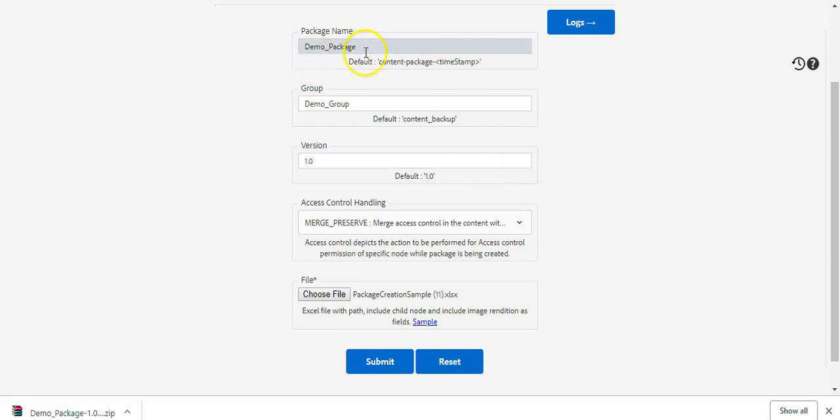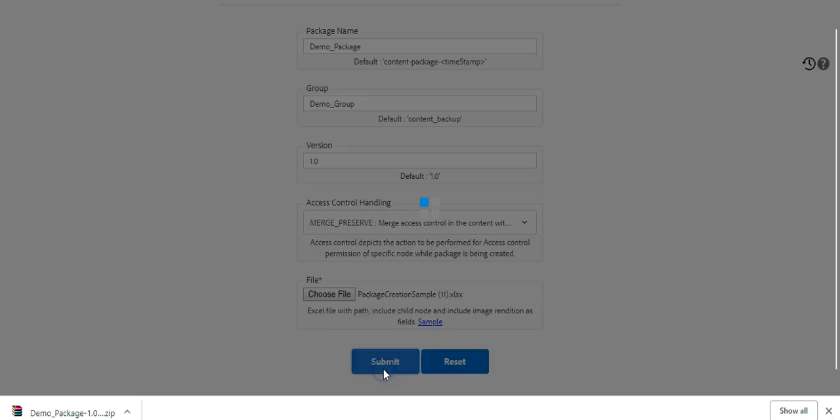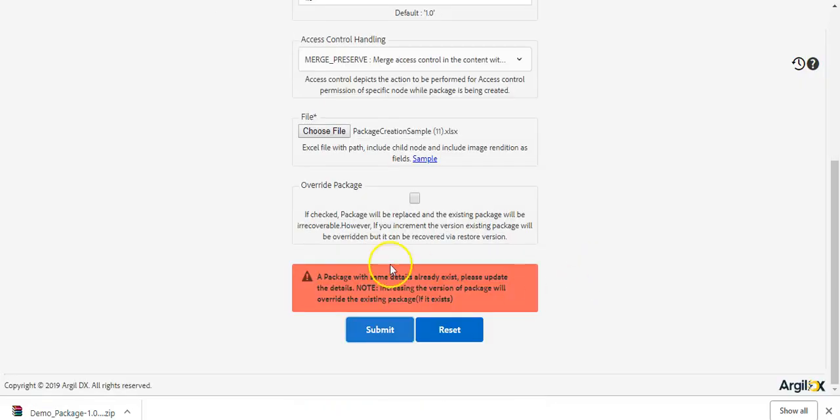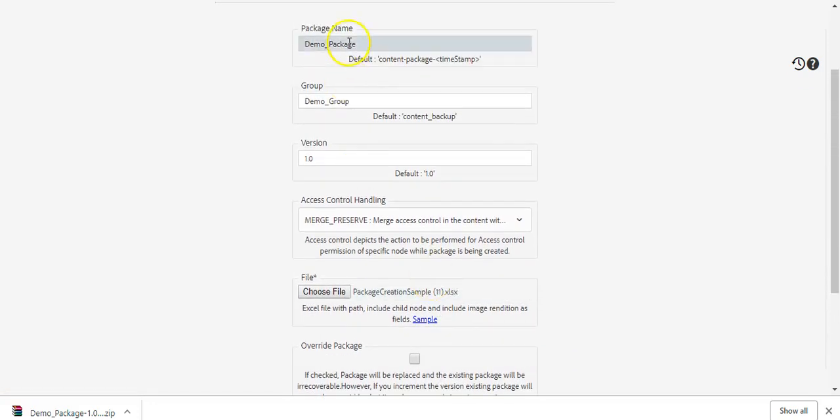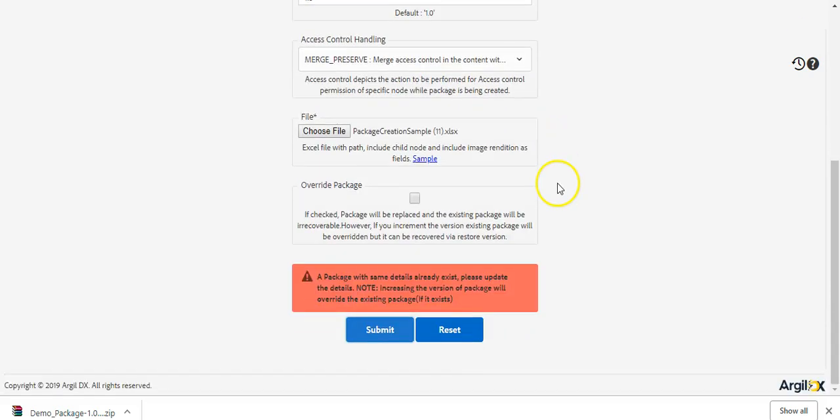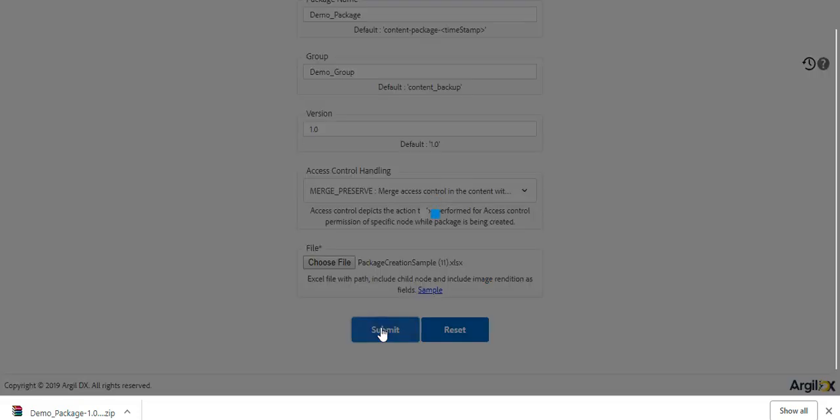Now suppose another user enters the same package details and wants to create the package. We get an error saying the package with same details already exists, so please update the details. Either we can update any of these details or we can click on overwrite package. What this will do is delete the older version of this package and overwrite it with this new package. When I click on submit,